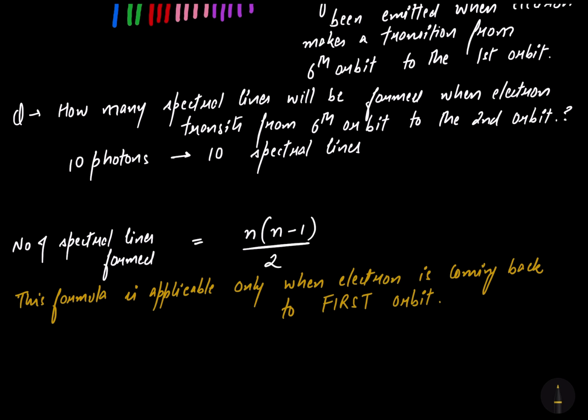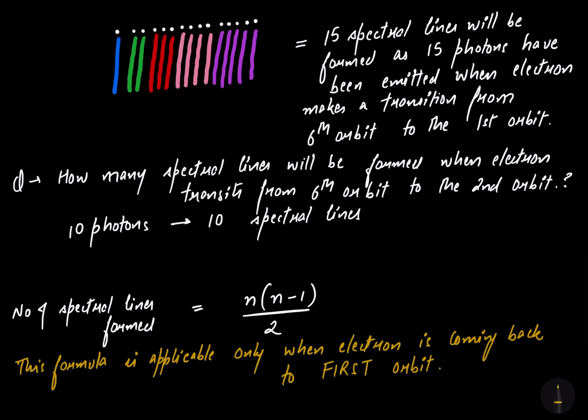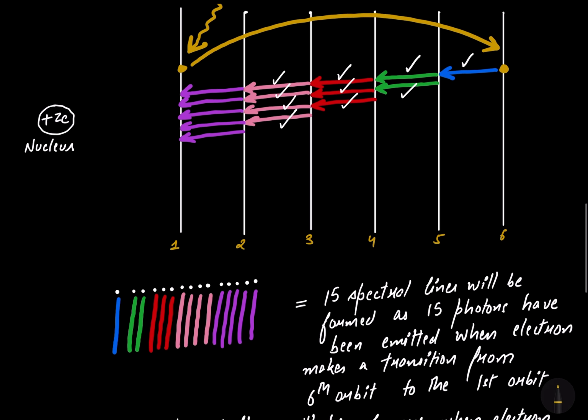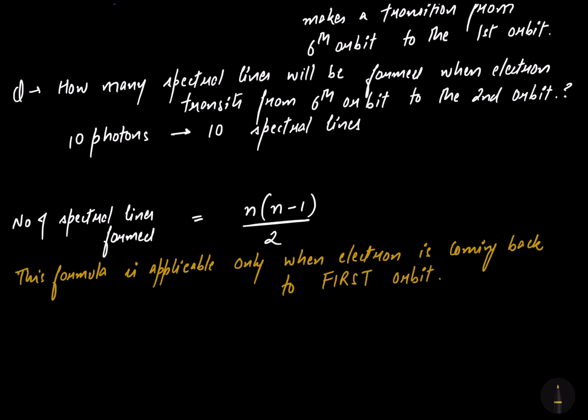orbit. If the question is asking for second orbit or third orbit, when the electron is finally coming back to the second orbit or third orbit, you have to make a diagram like this. But when the electron is coming back to the first orbit, you can directly apply the formula. Now here the electron was finally in first orbit. Initially the electron was in the sixth orbit. So what is n over here? I am writing it is the orbit number